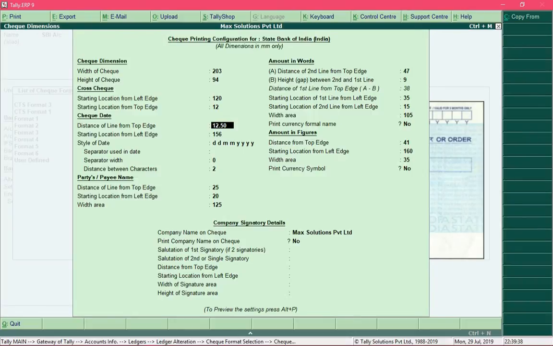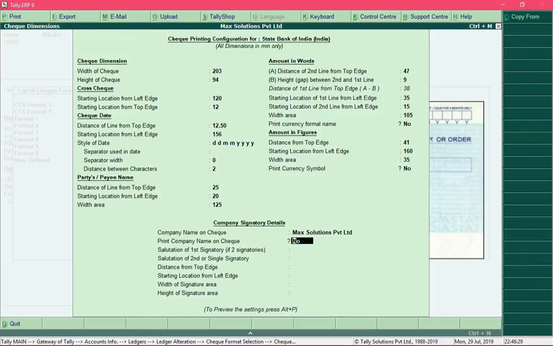By using a scale you can measure the dimension of the physical check and the position of the fields and compare its value with the values which are present over here. And in case you feel you need to change a value, then you can navigate to that field and change the value. And over here, for the fields in company signature details, you can specify signature information to be rendered on the check.